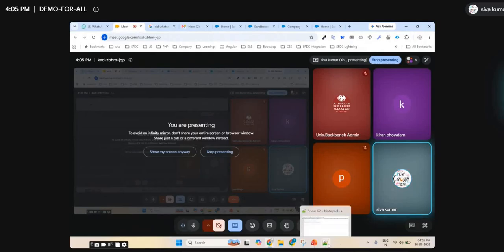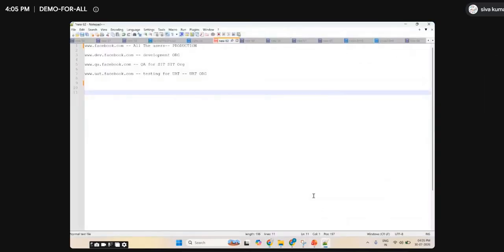So in the previous classes, the last two classes, we went through what is cloud computing, what is CRM, what is Salesforce, and what are the job opportunities in that. And we went into detail on the SDLC process, the software development lifecycle. In the last class we started on how software normally gets developed.